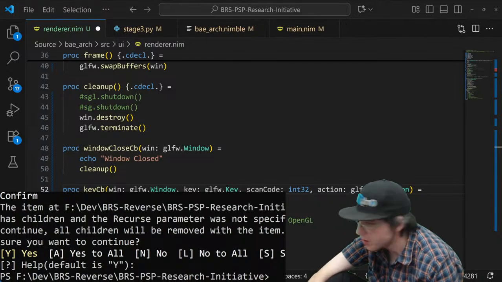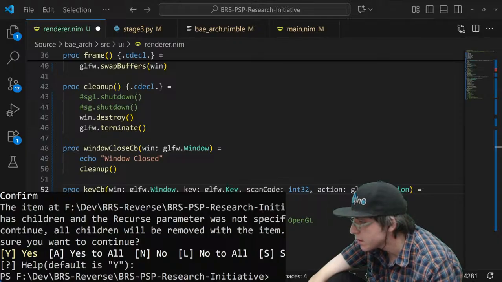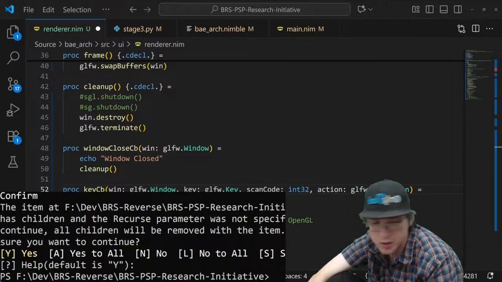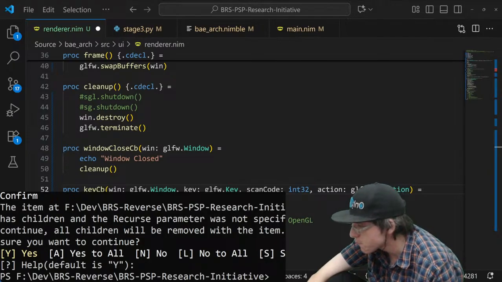Okay, so it's in the wrapper. That's what's going on. Fast. And I do have to use the wrapper for some stuff.